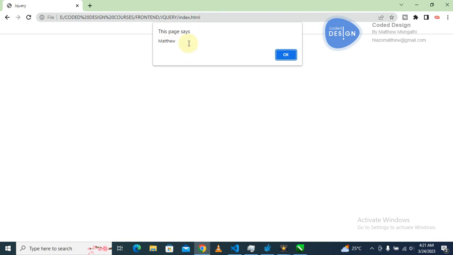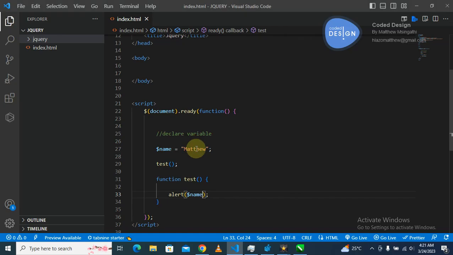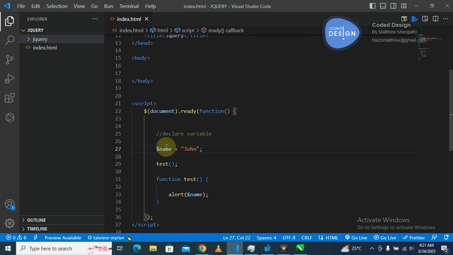Let's run this and see. As you can see, Matthew is being displayed. Let's just check if maybe we want to display John. Okay, that is it. What if maybe, instead of displaying a name, we want to display